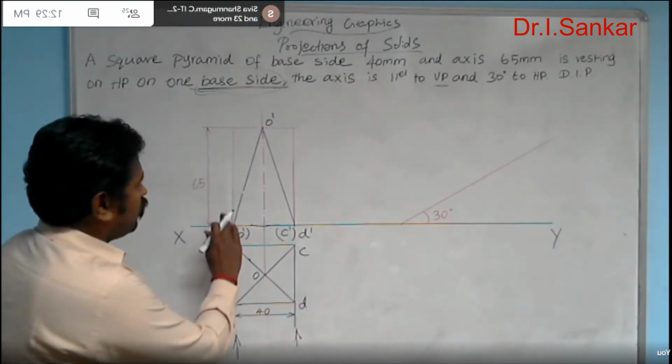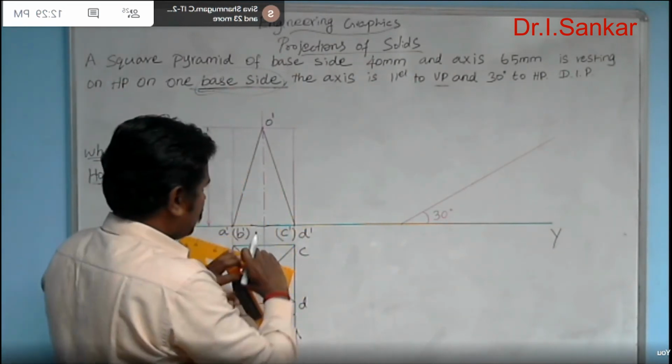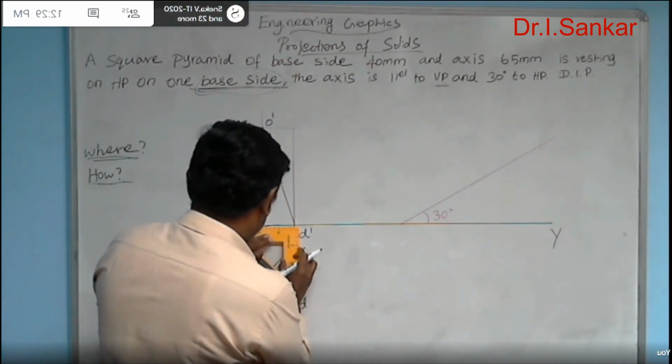And now I need to redraw this box. I am going to measure the box dimensions.